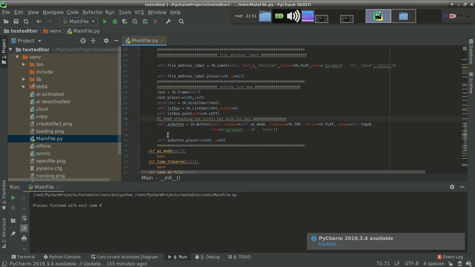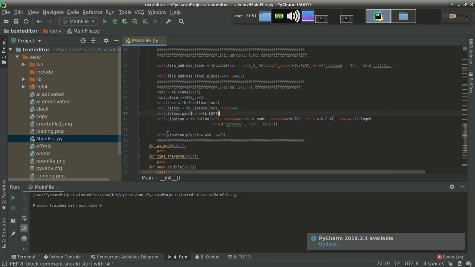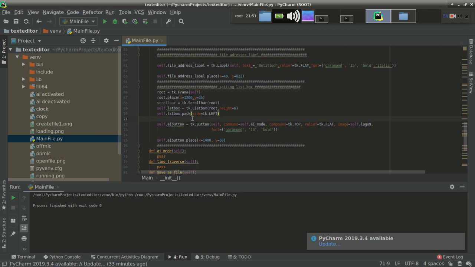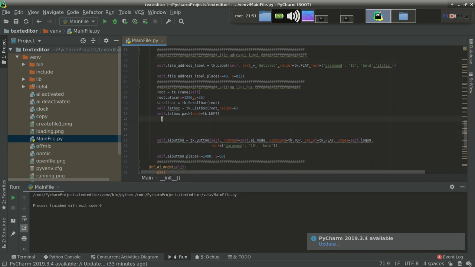I think I have removed the AI button, or we can say that I commented it. Okay, forget it. So we were attaching list box with scroll bar. That's it.